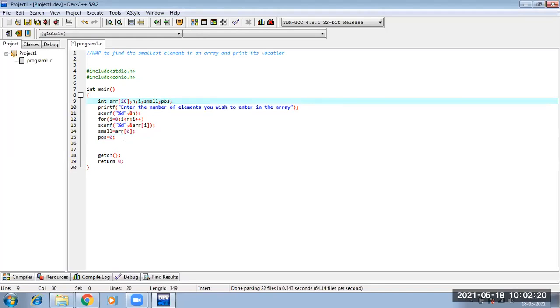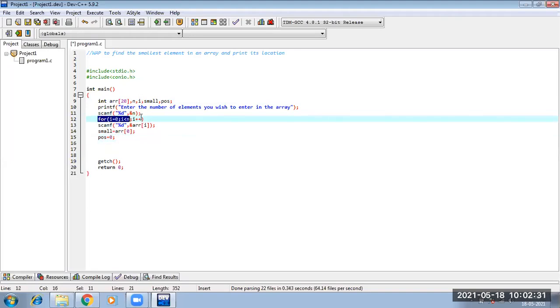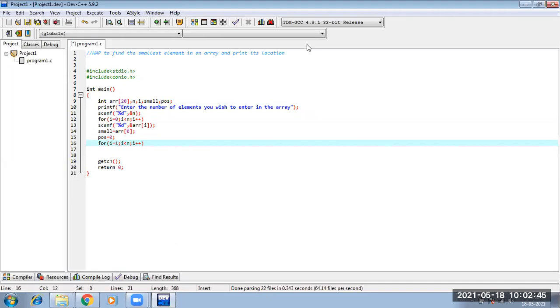Fine. Now what did I say? My loop will run from i equal to 1 to less than n. And in between this loop, what I was checking, I will again share this screen.